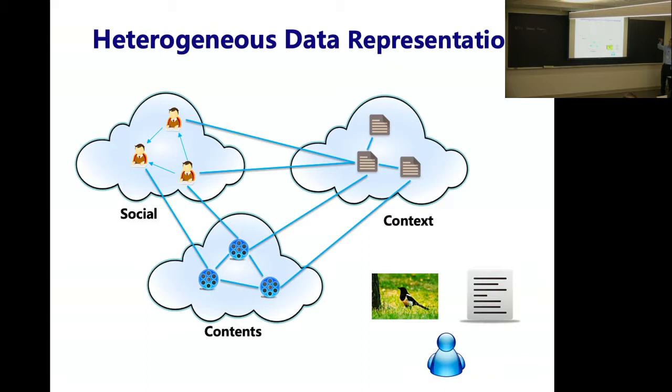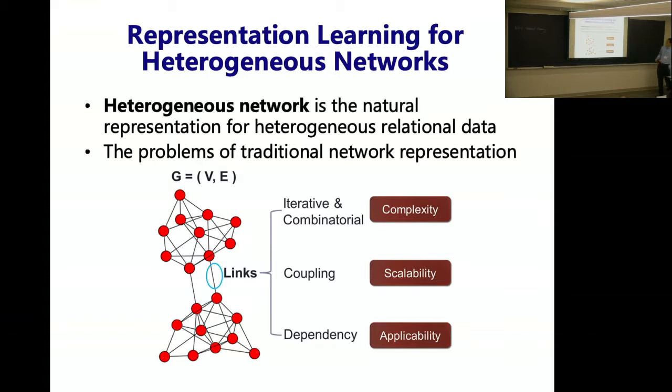So next, I only present one thing in the next 5 minutes: if we have multimodality data, how do we do representation? In the real world, actually, all the data can be represented as a network or graph. For graph data or network data, the key thing is that we have a coupling effect. So we have hyperlinks, sometimes preventing us from doing large scale machine learning. Because they have coupling effect, they have dependencies, so it's very difficult. So basically for a graph, we have a node and an edge and link.